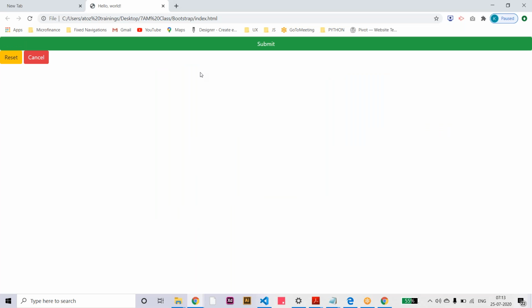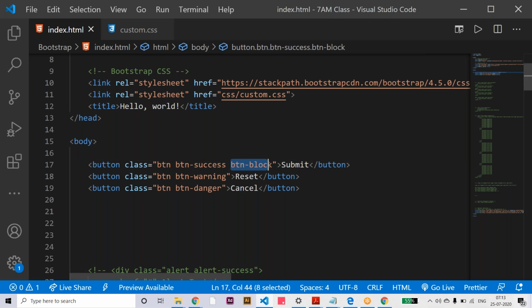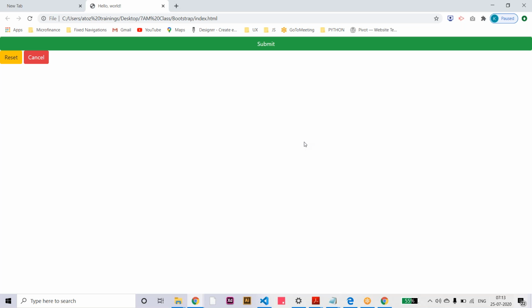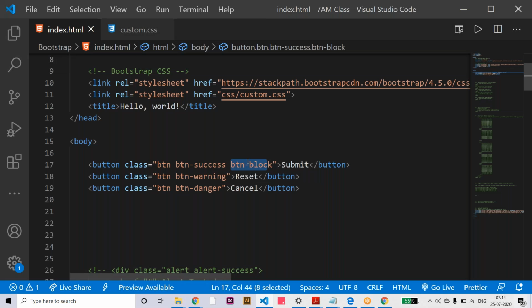So the entire space. Okay, so now there is no form inside the web page, so the entire web page width is used. So that means once you apply the button block class, whatever the width you have, the width means the parent container width. Suppose, okay, so in that time your button block width will be 400 pixels. So that means the button block will apply the entire width of your parent element or your container. Okay, so like this we can apply the buttons.